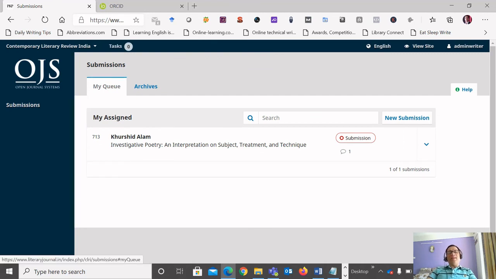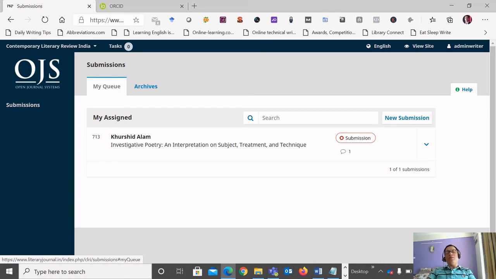Here on this dashboard I can see my submissions. So if I have submitted one or two or any number of submissions, then this submission will be listed here. This is the article number which is automatically generated in our system, and these are two different tabs.